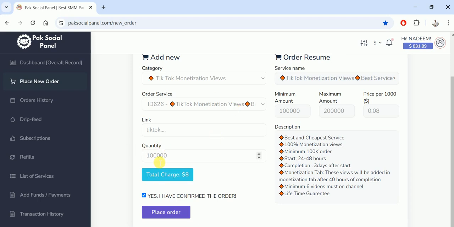You can see here it's just $8, but in the market it's about $50, $70, $40. So this is a huge gift that I am going to show you, how you can place a new order, especially if you want TikTok monetization views, if you are going to give the services of TikTok monetization to various platforms